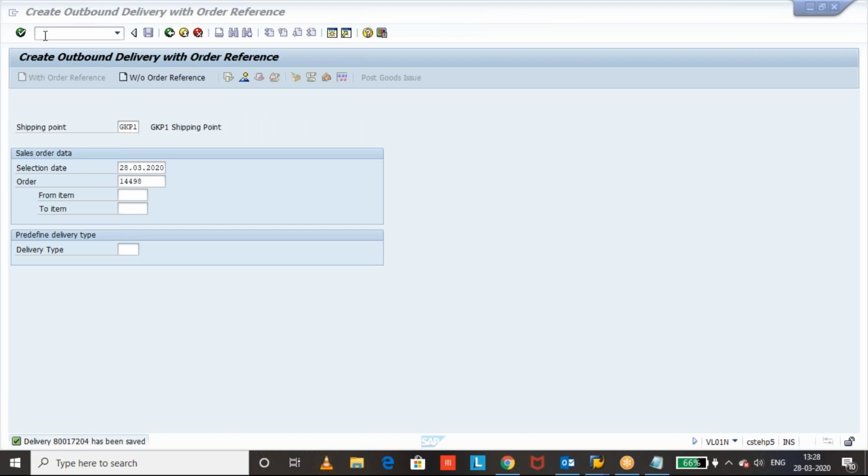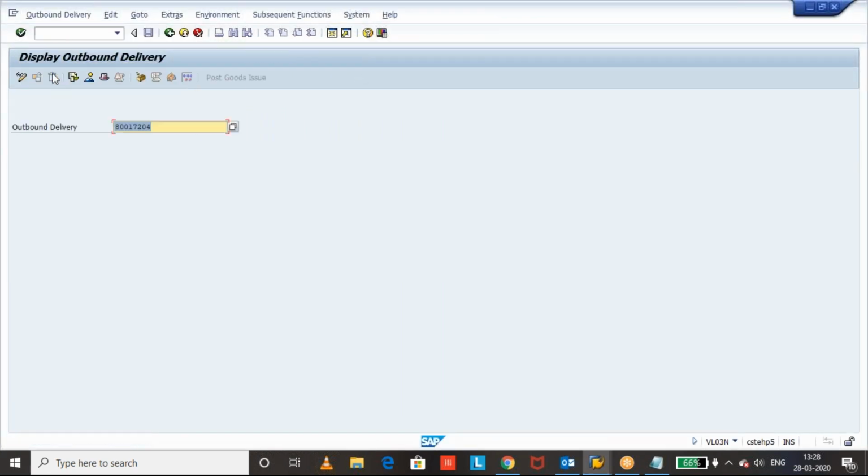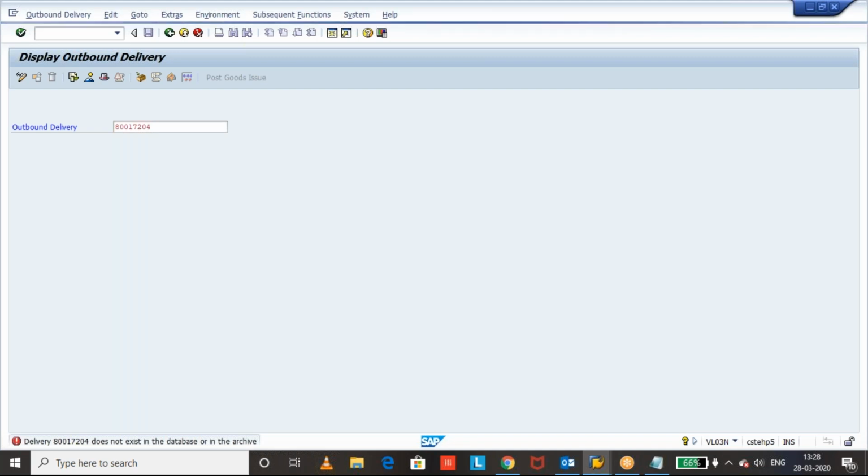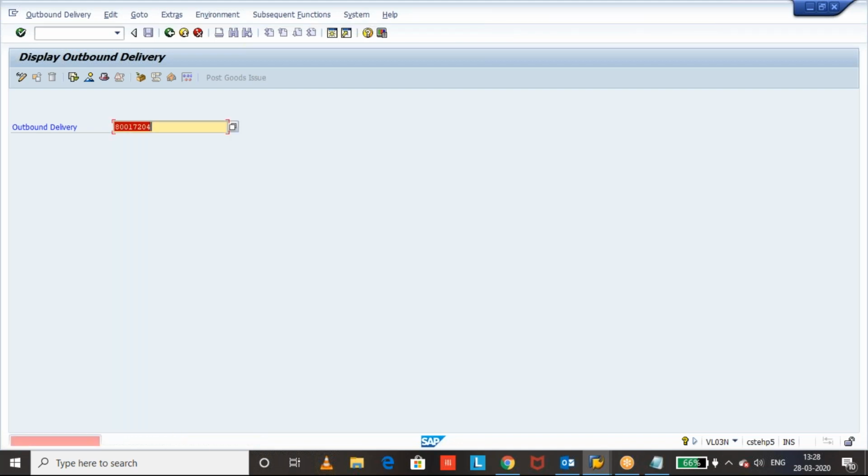Now the delivery is getting created, and go to display. This is the outbound delivery now. Against the outbound delivery, I'm going to create the transfer order. I think the database is not yet updated.